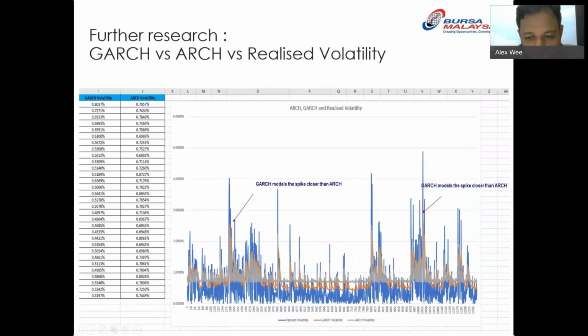This is ARCH, the orange color is the ARCH model. The gray color is the GARCH model. It is generalized, it's better. You can see it can capture the volatility better than ARCH itself. Because why? The ARCH model is sometimes over-parameterized. You need to have ARCH 1, ARCH 2, ARCH 3, ARCH 6, ARCH 7. But for the GARCH model, just GARCH 1, 1, 2, it is more parsimonious as compared to the over-parameterized model.